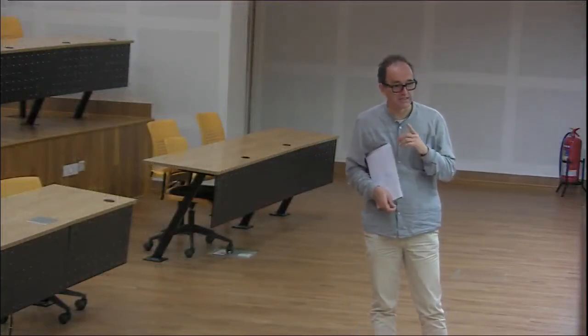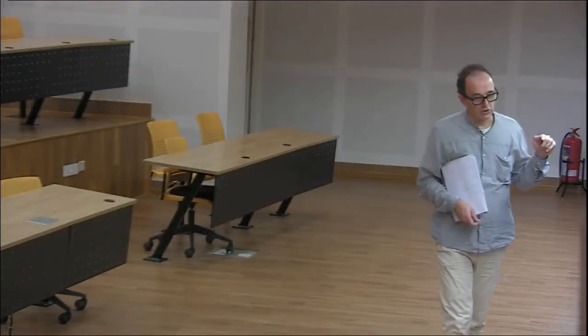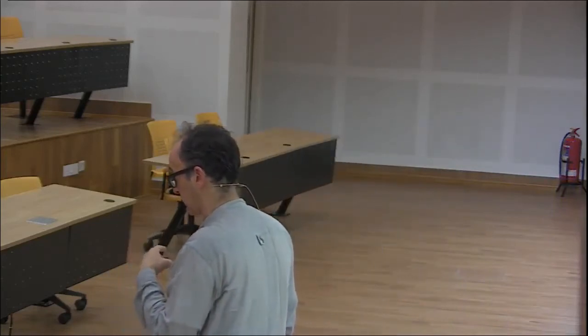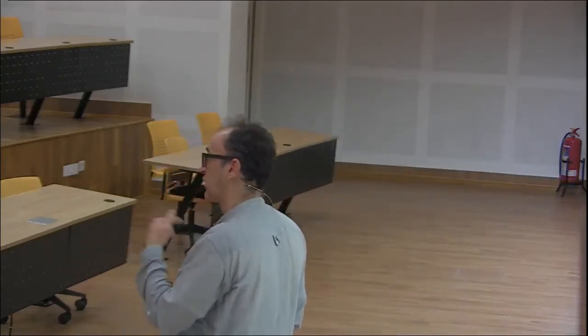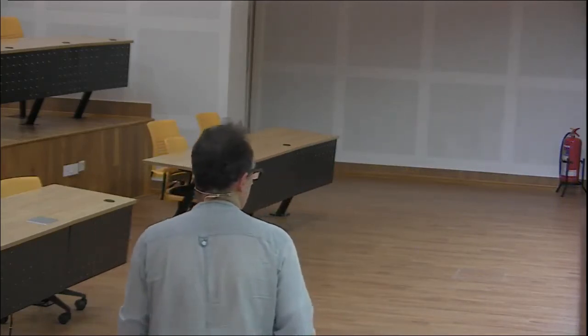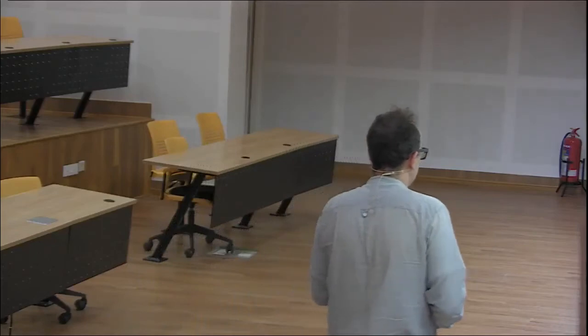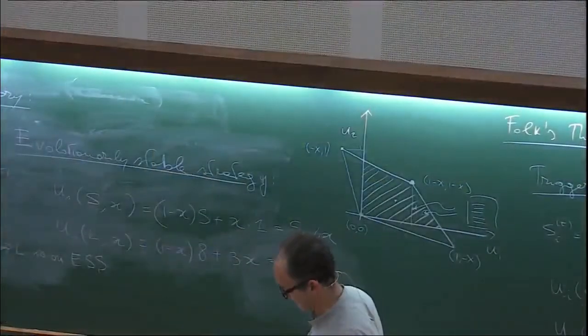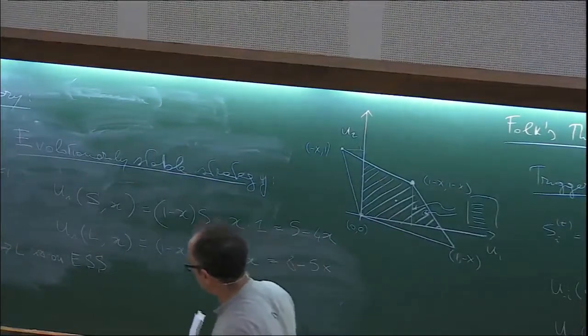And actually, all the states where an evolutionarily stable strategy is played against an evolutionarily stable strategy are Nash equilibria. The converse is not true. So there are situations where you have a Nash equilibrium that is not an evolutionarily stable strategy, because essentially